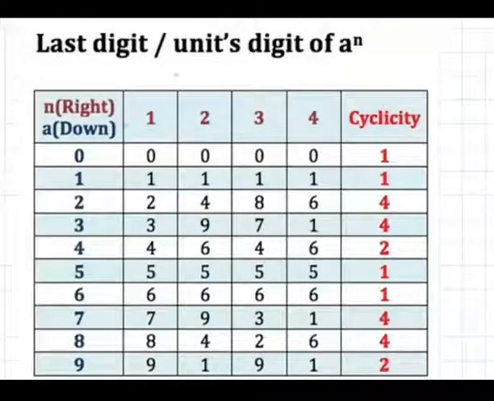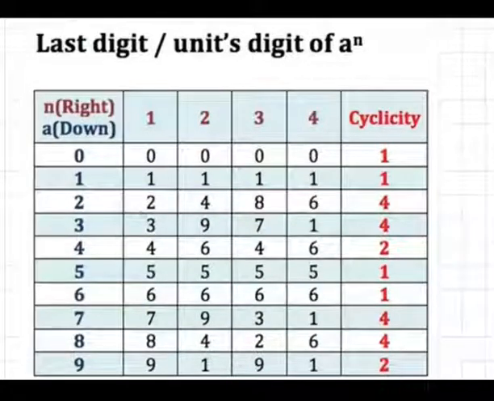all the units digit cyclicity is mentioned here, and also the numbers you get. So when a number is ending in 0, whatever be the cycle, it's a cycle of 1 and it's always going to be 0. Similarly, 1 is always going to be 1, and 2 follows a pattern of 4. So you're going to have a cycle of 4. So that's what is mentioned here. It's a cycle of 4, and here the cycle is 2, 4, 8, 6.